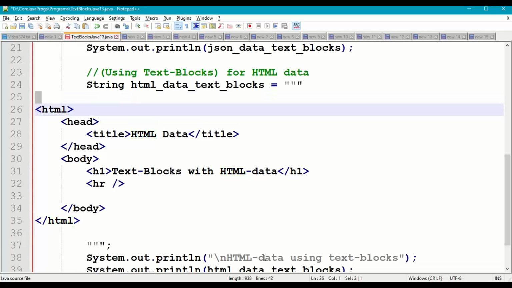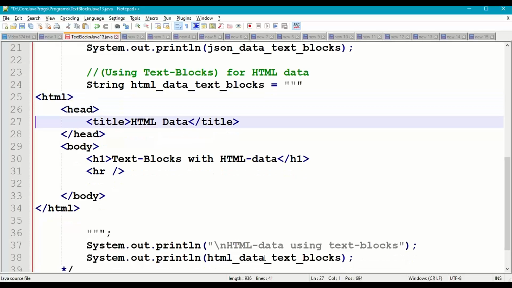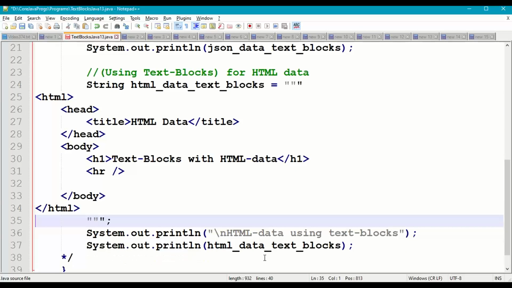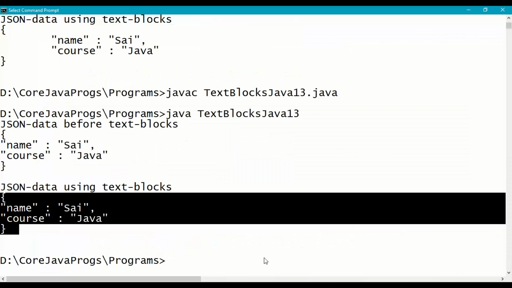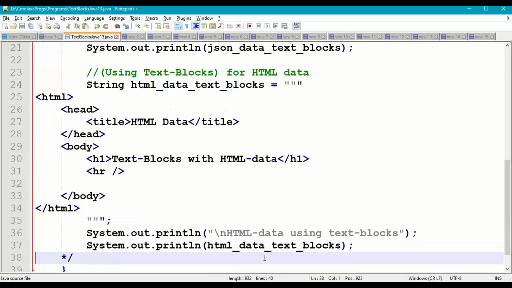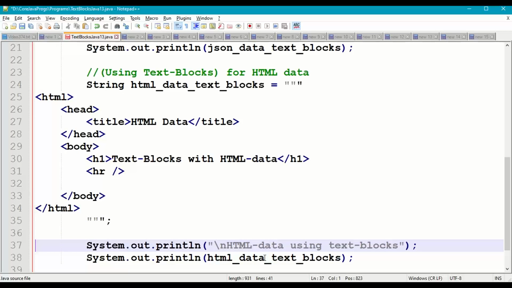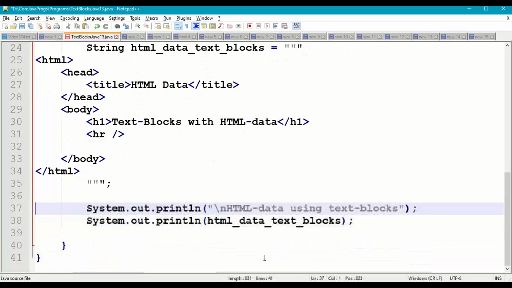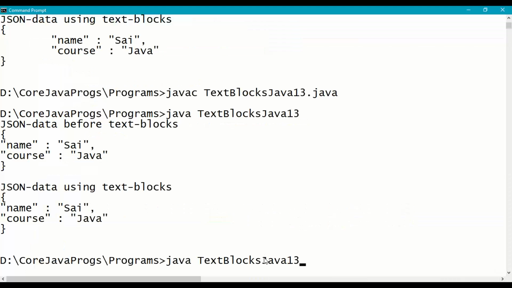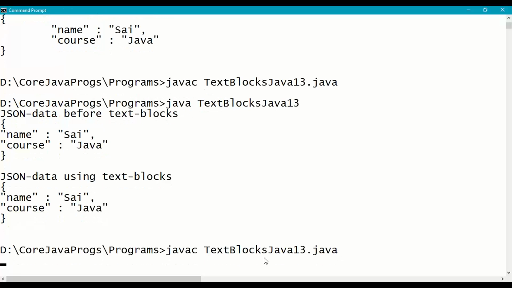If you want, you can remove this unnecessary space also from the beginning and ending of HTML. So save this. Right. After that, finally print HTML data using text blocks and print HTML data text blocks variable. Triple double quotes opening, triple double quotes closing. Recompile